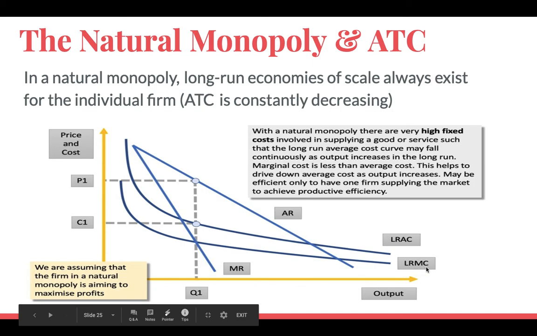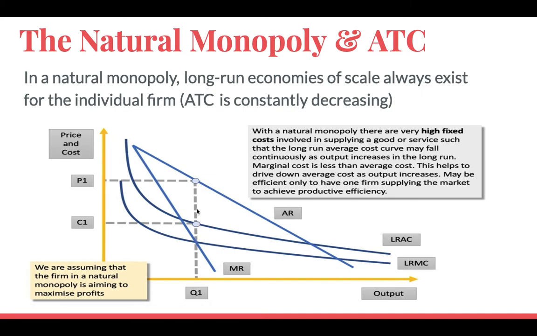So here's long run marginal cost, MC, here's MR, those two curves hit here. The profit maximizing output would be Q1. The profit maximizing price, we would go back up to the demand curve and over, it would be P1. The profit for this firm would be price minus average cost times quantity. So this whole area here, this rectangular area, would be economic